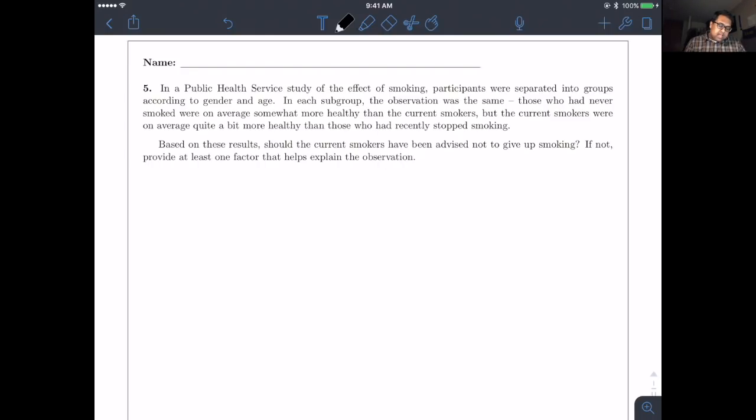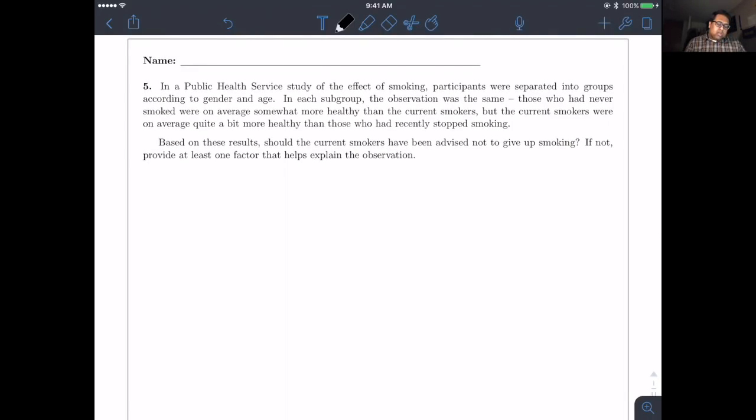So our next problem, number 5, is a little less computation heavy, and a little more theory heavy. We're told that a group is studying the effect of smoking, and the participants were separated into groups according to gender and age, and in each subgroup they came back with the same result: the people who never smoked were on average more healthy than the current smokers, but the current smokers were on average healthier than the people who had recently stopped smoking. So they're saying in terms of health,